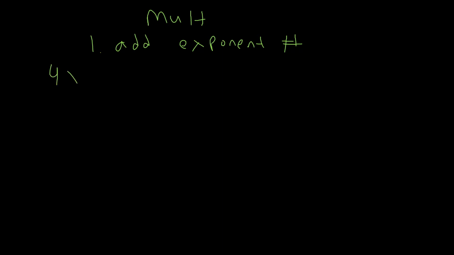The next topic that we're going to go over is multiplying exponents. So to multiply an exponent, there's only one rule. The one rule is that you actually add the exponent. And let's take another look at an example of that. So if I have 4x times 3x squared times 2x to the third,